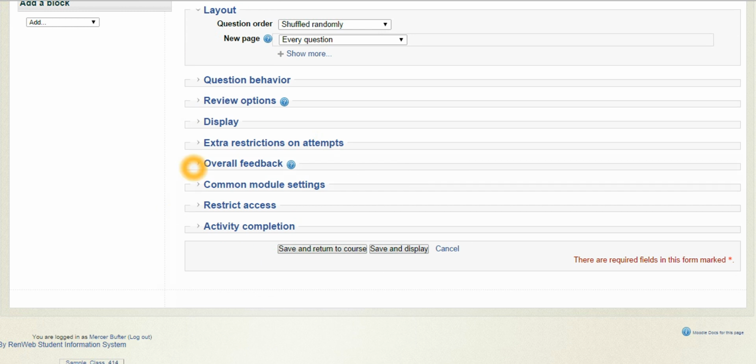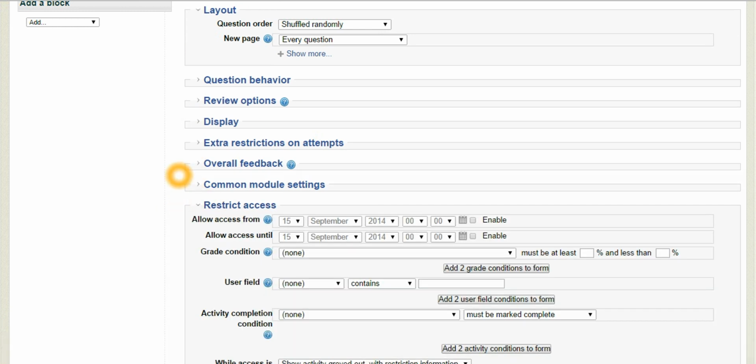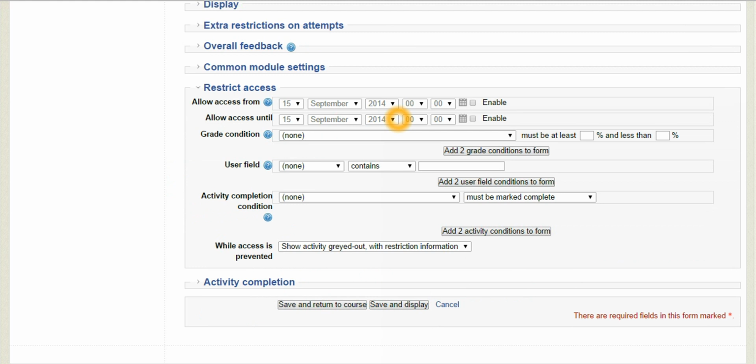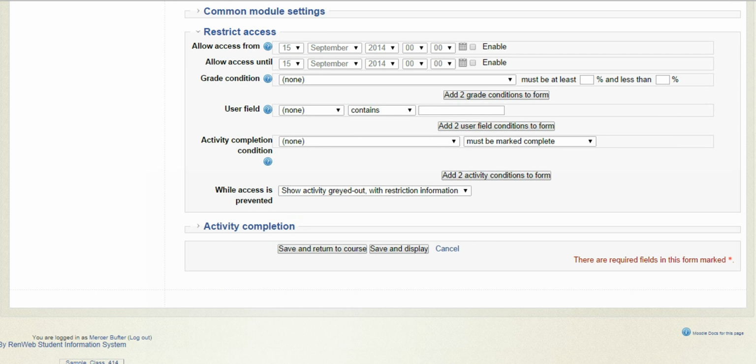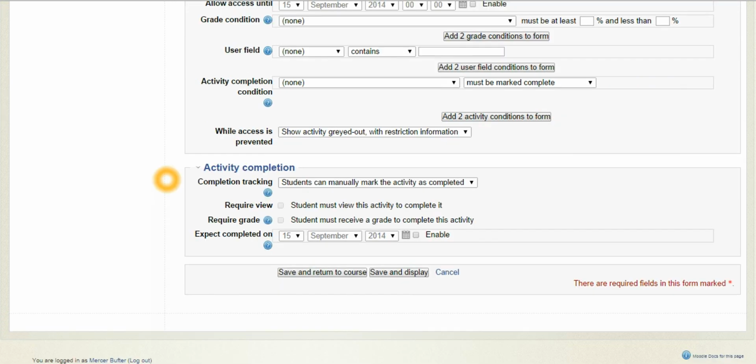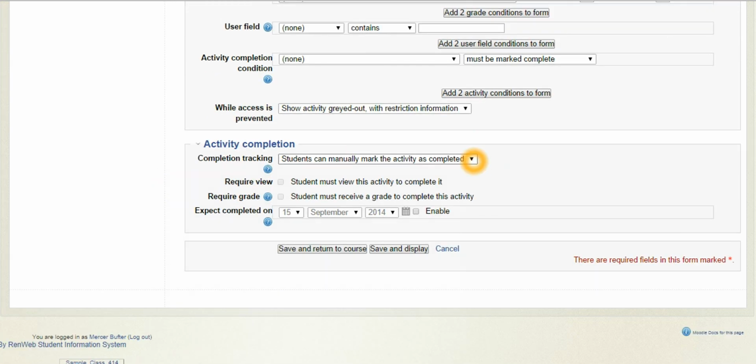As always, you can choose to restrict access based simply on date or on a grade condition, which means that you require students to receive a certain grade in one assignment before completing another. You can also select whether students can manually mark the activity as completed on their course page, or whether you do not want to indicate activity completion. Once you have completed your settings, click Save and Display,